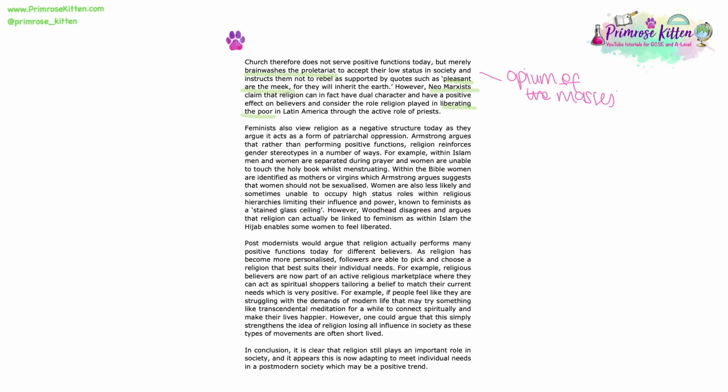It's that idea that religion acts as a drug. Comparing religion to something like heroin has the same sort of effect on its followers. It's addictive. It keeps you sleepy. It's bad for your health, but might give you a short-term kick. And what we then do is further support that with a quote from the Bible, "Blessed are the meek, for